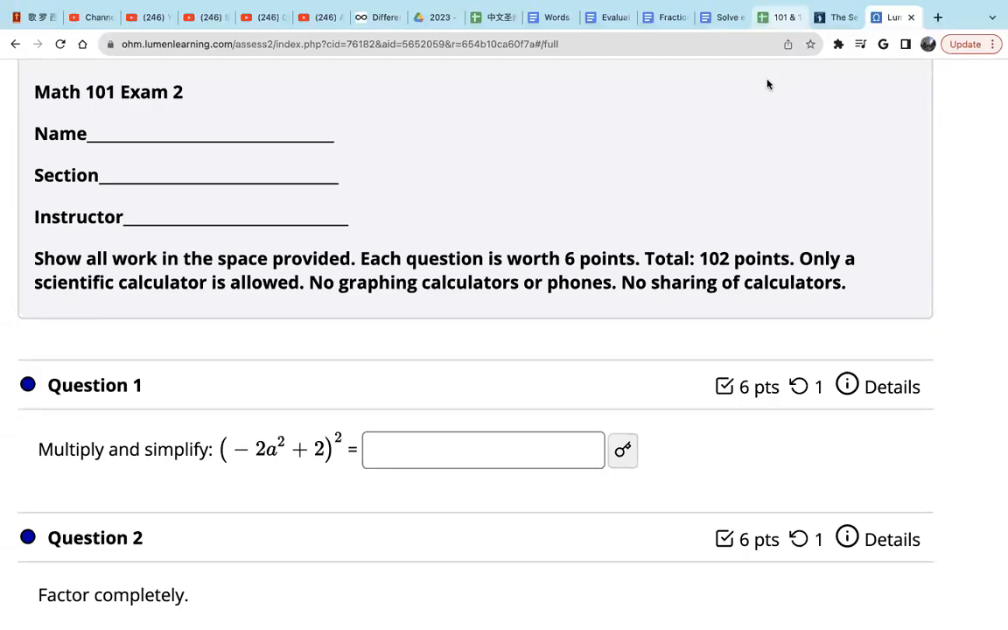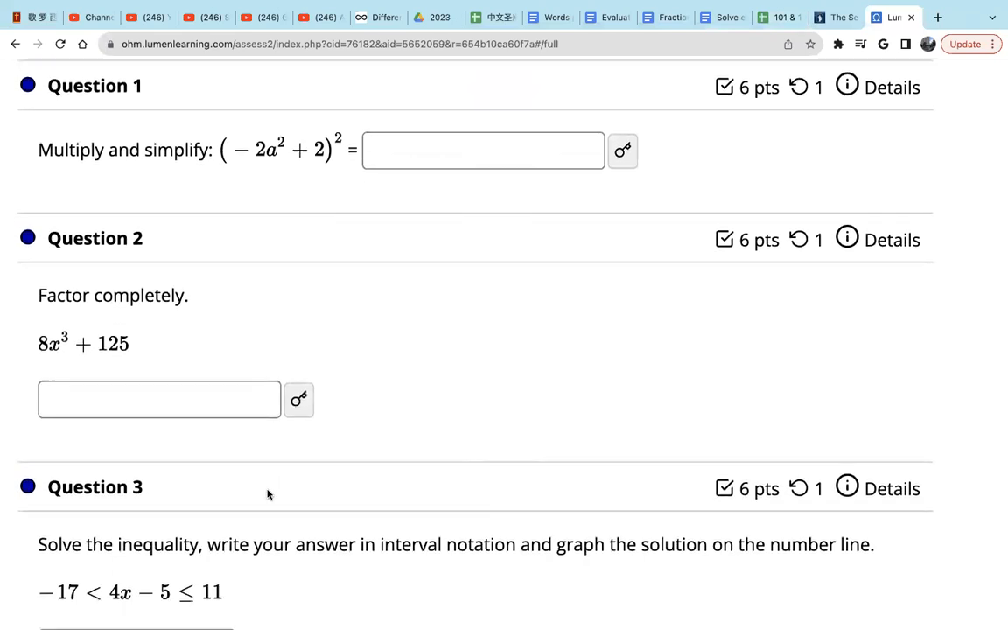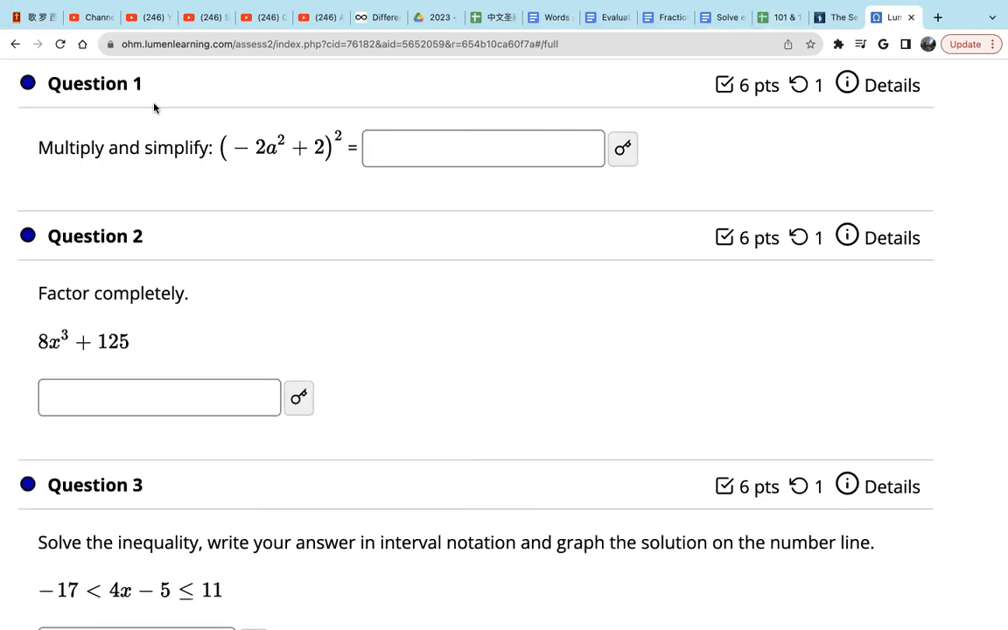Okay, this is a solution set for exam 2. Question 1, apply perfect squares. Let me get my pen. So let's remember the perfect square formula: (a + b) squared equals a squared